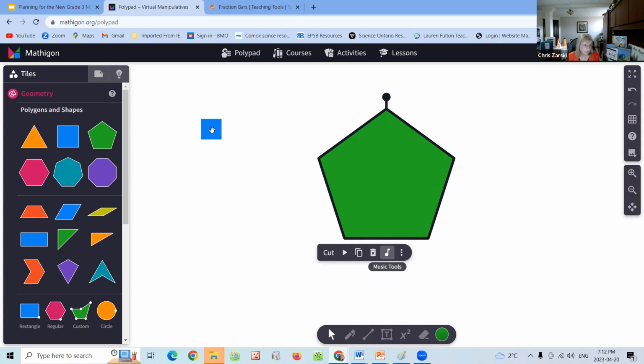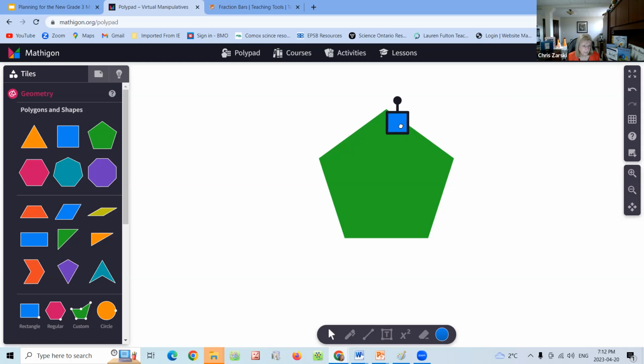And then I can even grab a square, put the square in here. And I see, is that angle a square corner? Is it a 90-degree angle? No, it's definitely going to be bigger than that, but it's not 2 right angles put together. It'll be less than that. So there are ways that I can figure that out, and you can do that with your pattern blocks. And we did that in another session already.